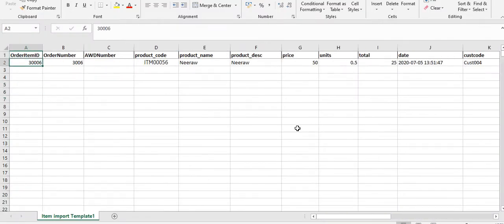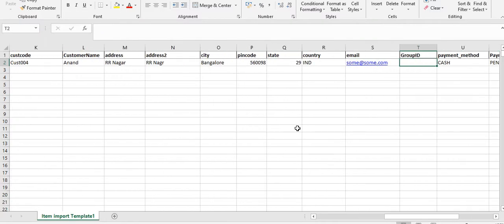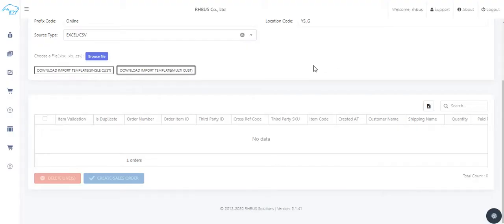It's a sales order number, ID and number. It can be based on your running number. Okay, what item, the details, quantity, basic details of the customer and other things have been filled here. In my example, I'm just taking one single line item and a single customer. Let's get back to the application.